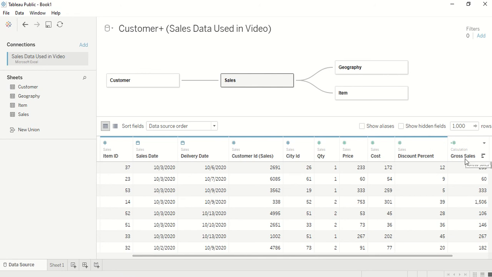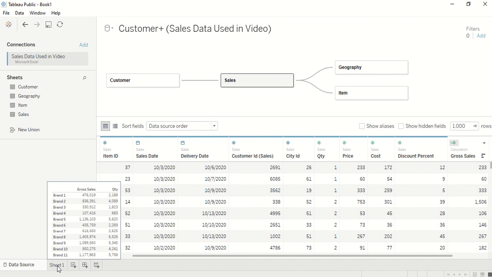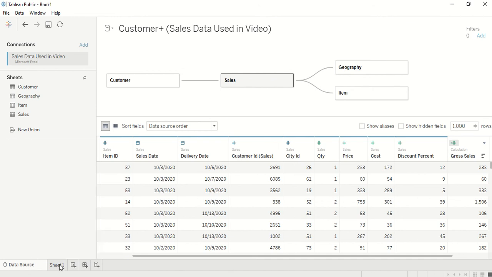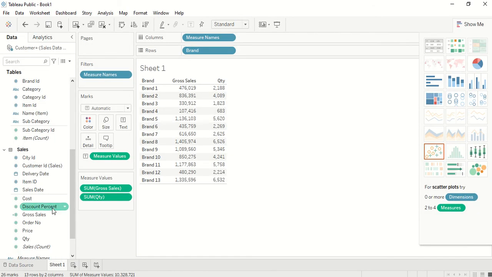You can also see that gross sales, which I added as a calculated field, is shown as a column here. Now the challenge with this field is that it is already multiplied by 100. It's not a percentage, it's basically an absolute percentage.